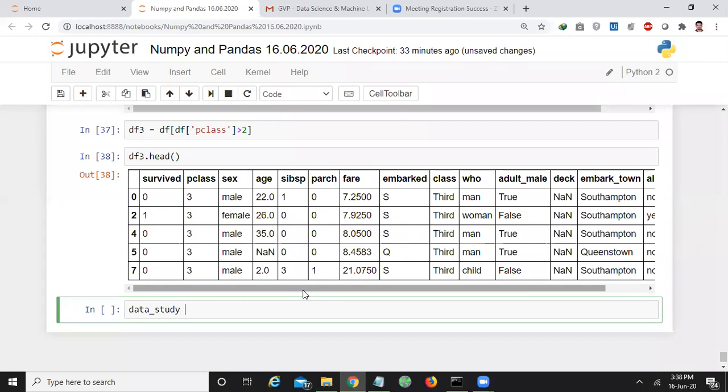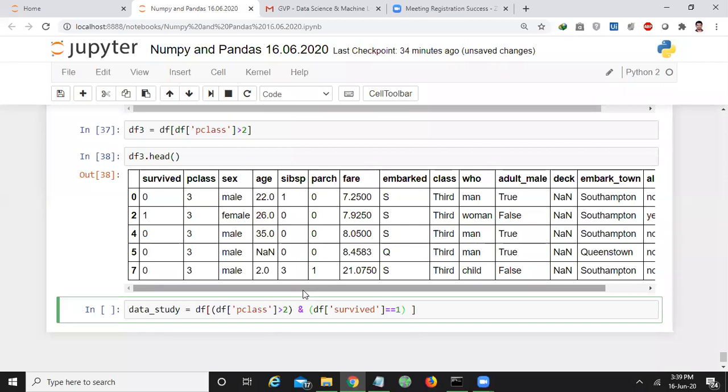I want to study the data and I want to write the query like this. df of df of passenger class, which is greater than 2, and df of survived equal to 1.